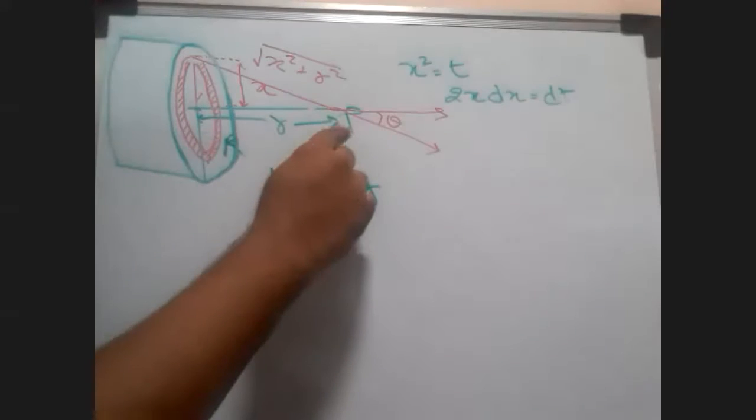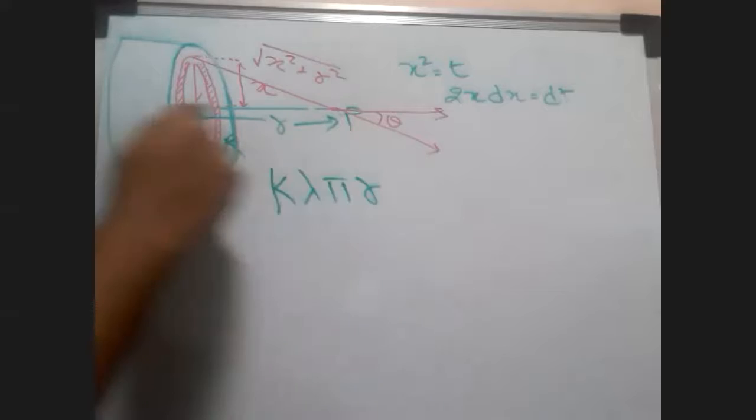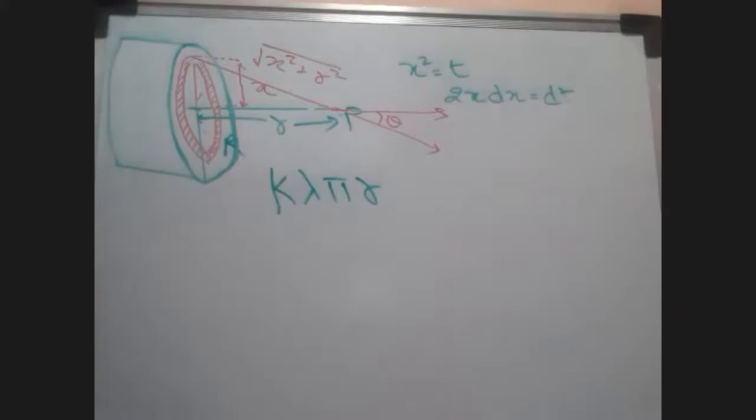What is going to be the distance between this point P and the center of the disk? I have taken it as r, and that will be constant. Is that the doubt that was asked?